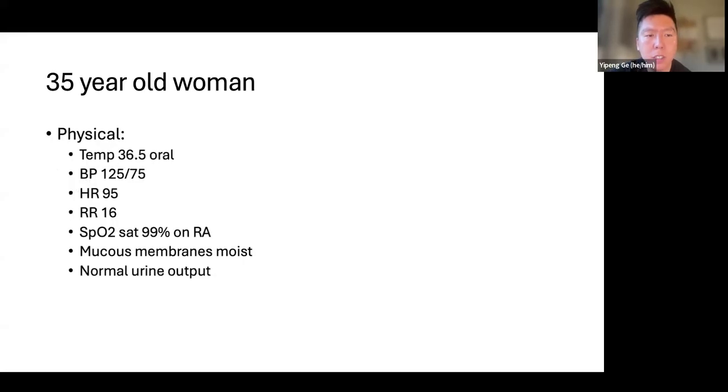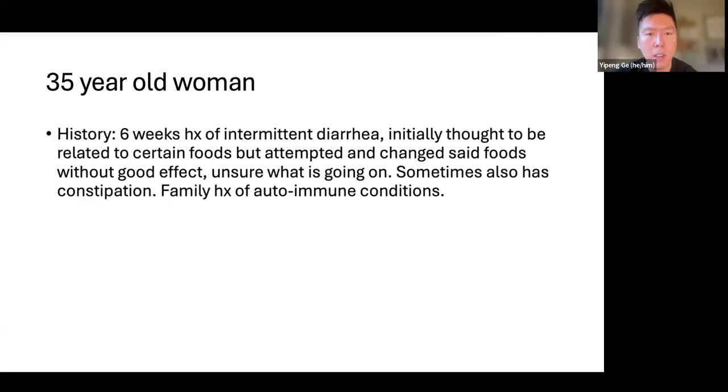So on her physical, she has a temperature of 36.5, blood pressure of 125/75, a heart rate of 95, a respiratory rate of 16, and her oxygen saturation is 99% on room air. Mucous membranes are moist and normal urine output. So nothing really sticks out too much on this physical, but I would say there are other things that you can check for this woman. If we just go back here,